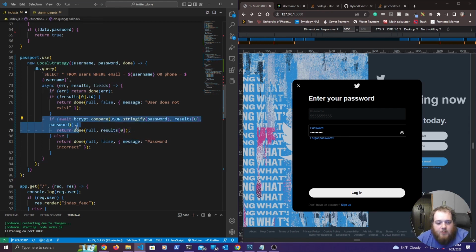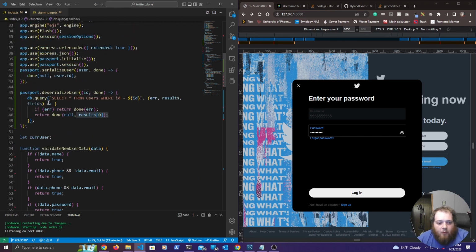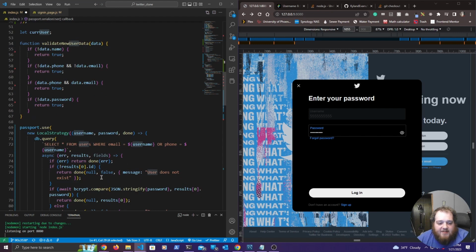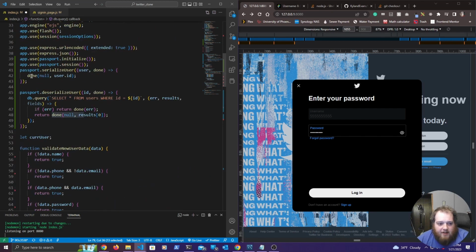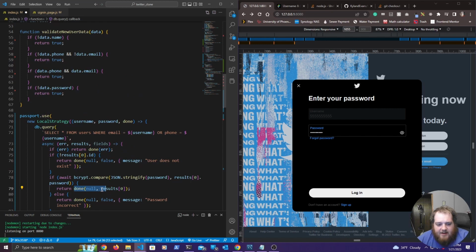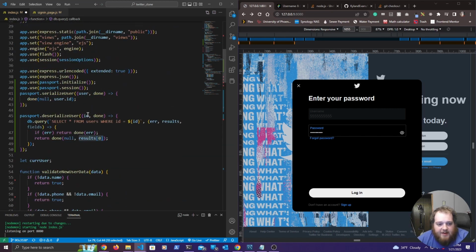So if we do have a user and the passwords do match, we are going to call the done function, and this done function is going to look up the next middleware, which is going to be passport.serializeUser. This done function is going to call this here. We're passing in the user here, and it's going to be accepted as user here, and we're also passing in that done function directly from Passport. And we're just going to go ahead and call that done function, passing in null for any errors, because we shouldn't have an error at this point, and the